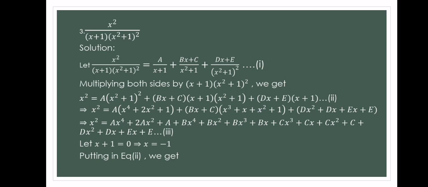Question number 3 is x square by (x plus 1) into (x square plus 1) whole square. Here we have two types of factors in the denominator. One is the linear and the other one is repeated quadratic. So we will start